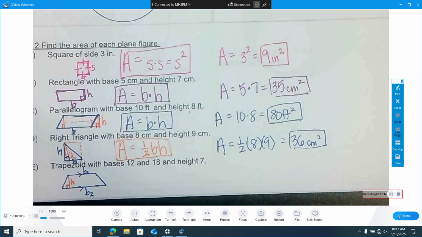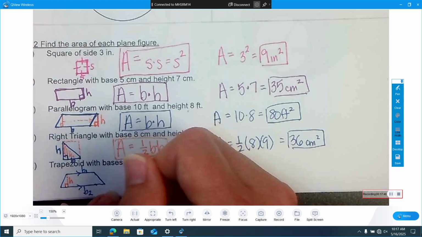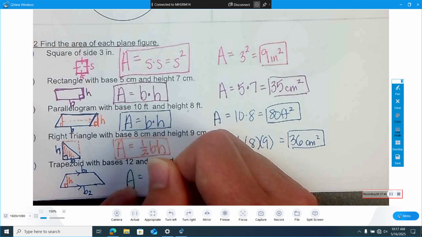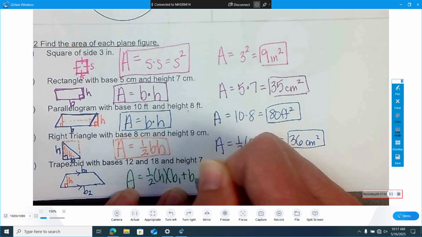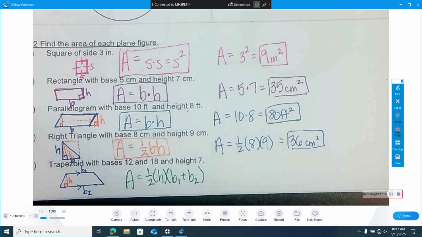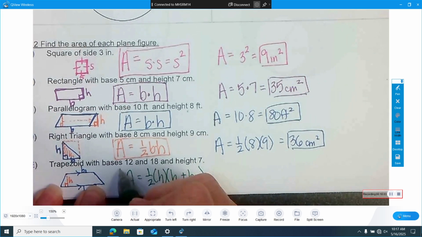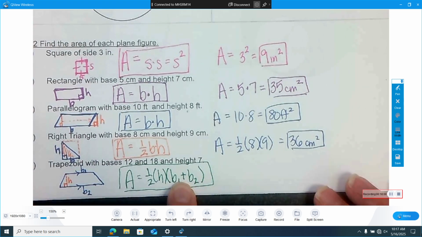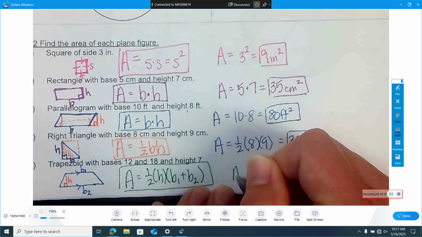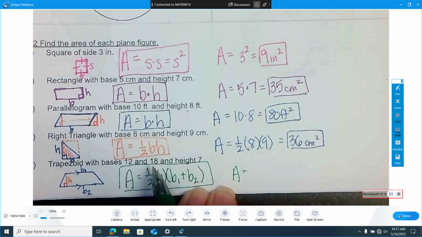So the formula for the area of a trapezoid is 1/2 the height times the sum of the bases. 1/2 height times the sum of base 1 and base 2, base 1 plus base 2. So you have to add them up. What we're doing is actually taking an average of the bases, adding the bases and dividing by 2, times the height. All right, so on this one, for the area, we have bases 12 and 18 and a height